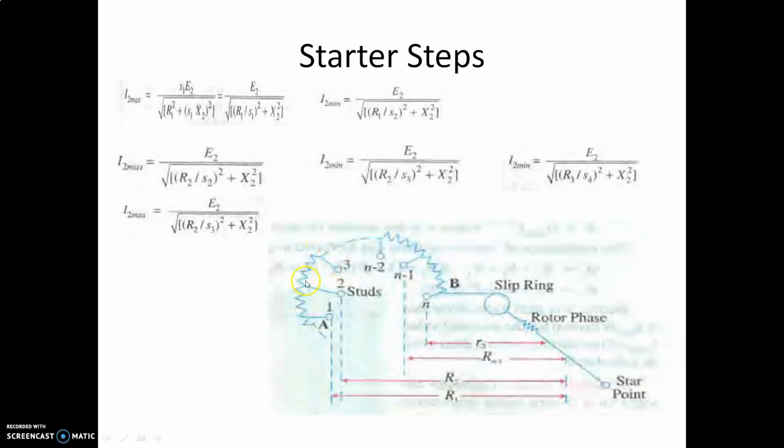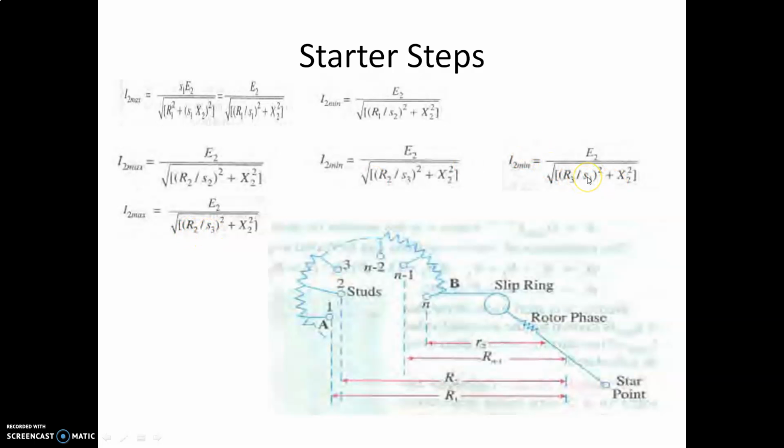In the second step, the resistance is R2, but the maximum current is the same value as in the previous section. That is, the minimum value of current is going to be the maximum value of the next section. So it is R2 by S2, and at the final section it is going to be S3. During the third step, it is going to be R3, actually R3, so change it in your book also. The maximum current is R3 by S3 and the minimum current is R3 by S4.